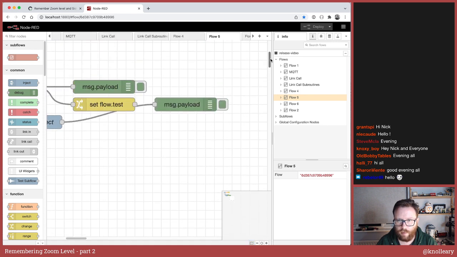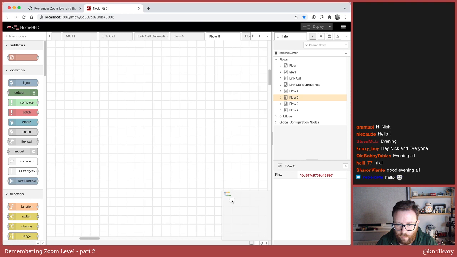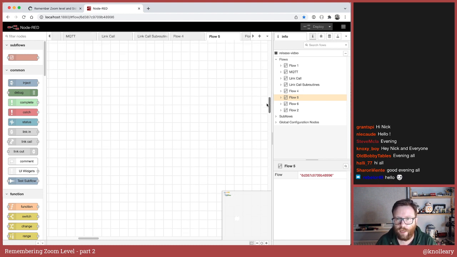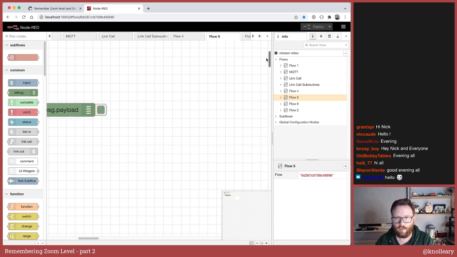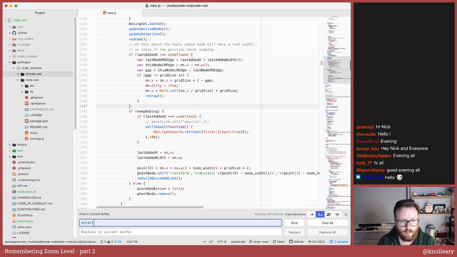Now, I know we definitely do handle scrolling. I don't know how well this comes through on the stream. This little navigator panel, you can just make out, I mean, yes, our accessibility needs improving, but there is the square there that we do track when we scroll the workspace. So we've definitely got scroll event handlers in here somewhere.